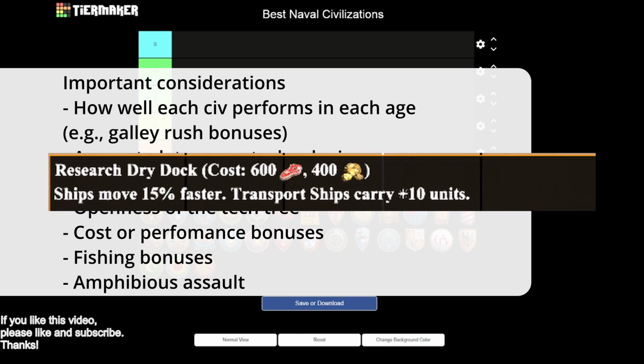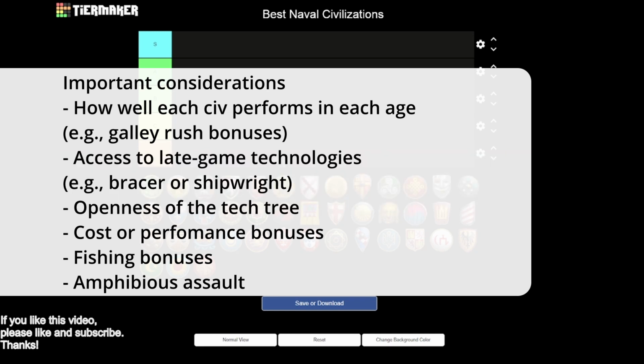Now, also bonuses to warships in terms of performance, but I'm also going to consider a couple other areas that affect the Navy but may not be directly related to naval warfare. I'm going to think about bonuses to fishing, because fishing is very important in the game to keep your Navy sustained, to keep your economy sustained on water maps, as well as a civilization's ability to